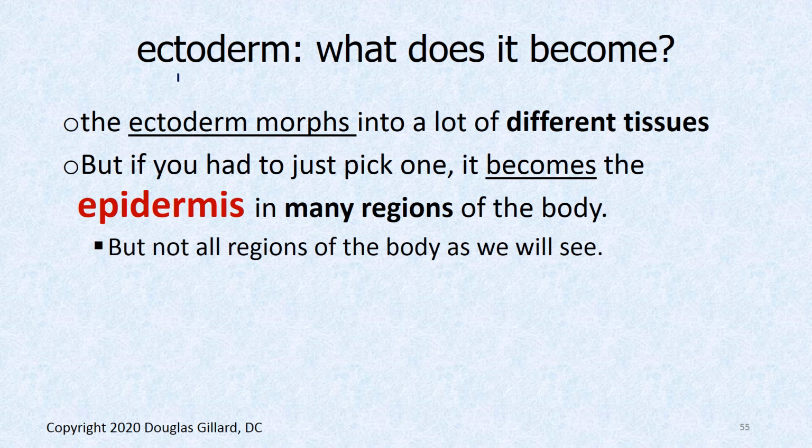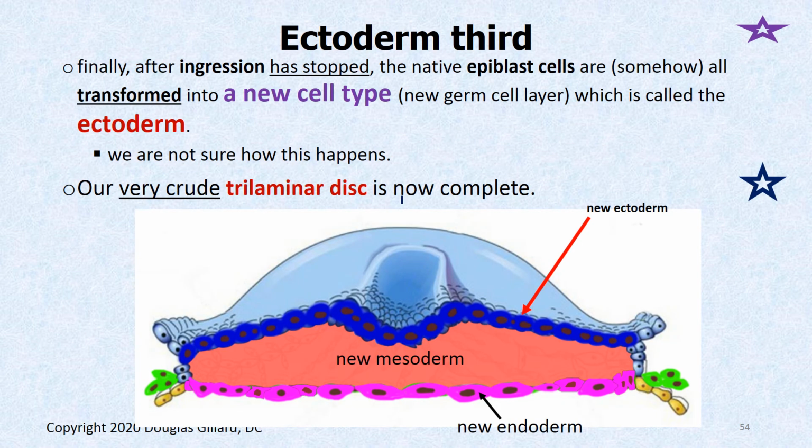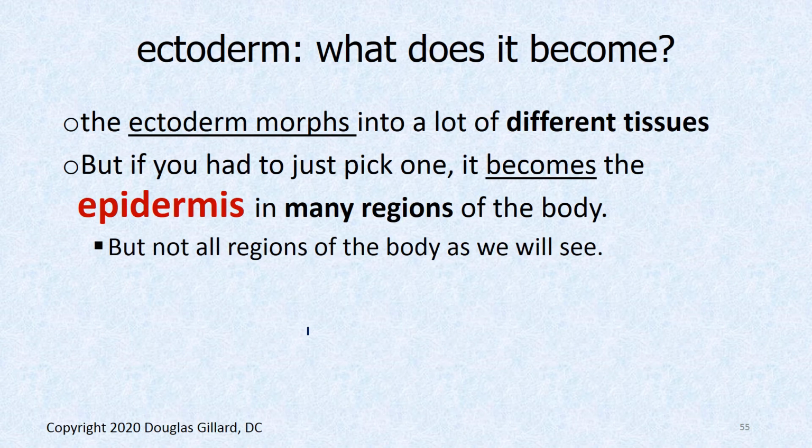What does ectoderm become? A whole bunch of things, and we'll talk a lot about what all this stuff becomes, and that's for boards and medical boards. I think one of the keys of embryology is to learn what this stuff is going to become. We're going to fold this into a tube later on, but you've got to know what this stuff becomes. But I mean, epidermis is probably the best answer. Ectoderm becomes epidermis. Not all regions of the body, but